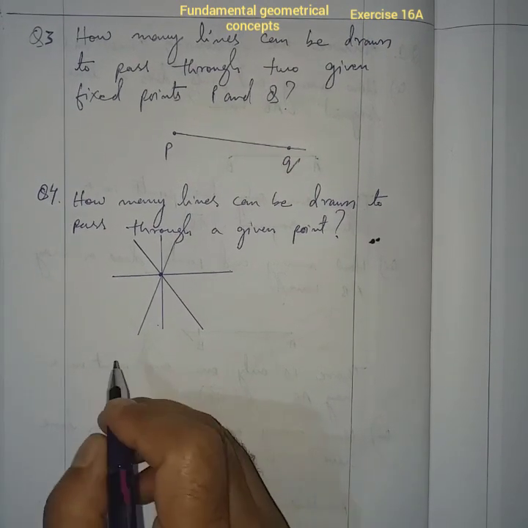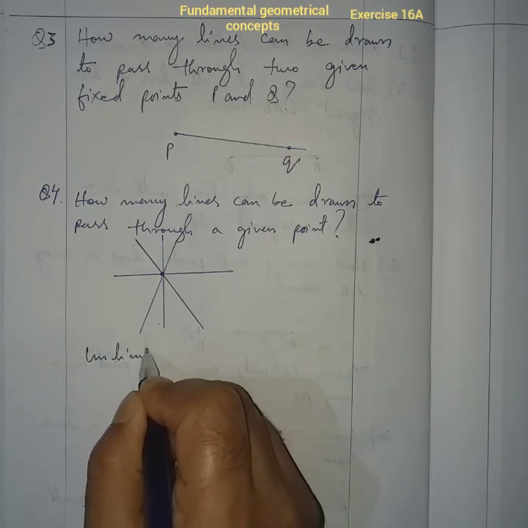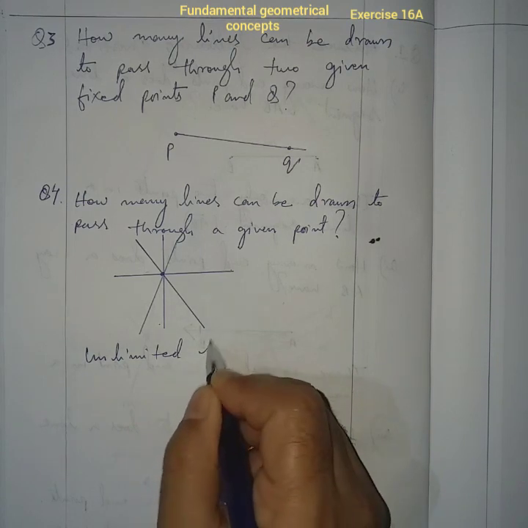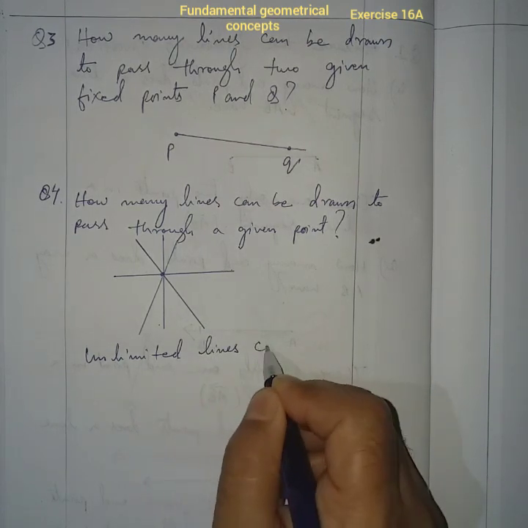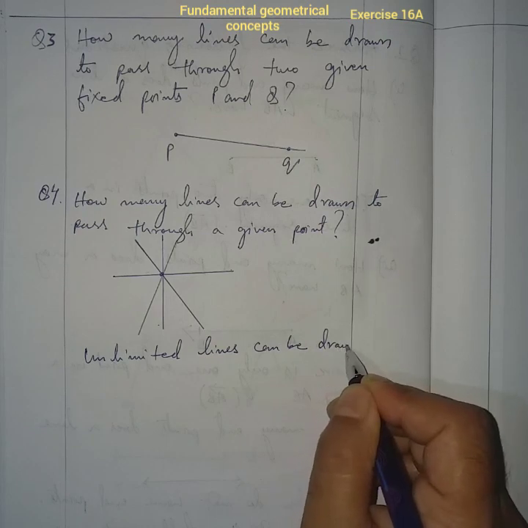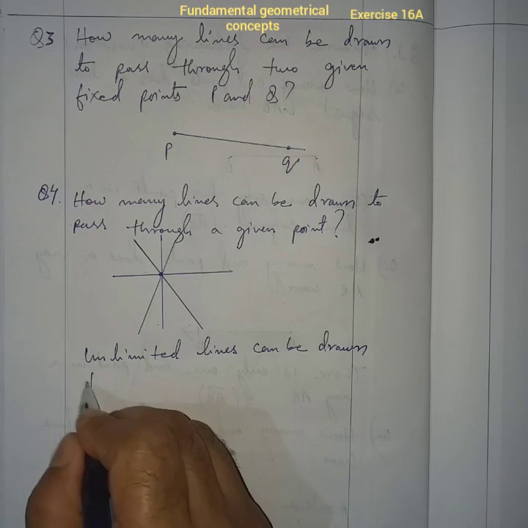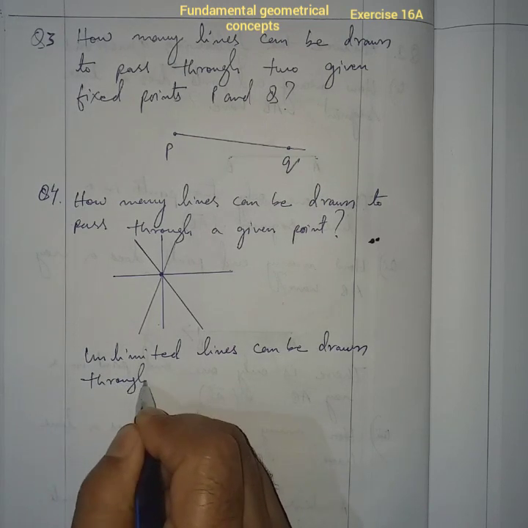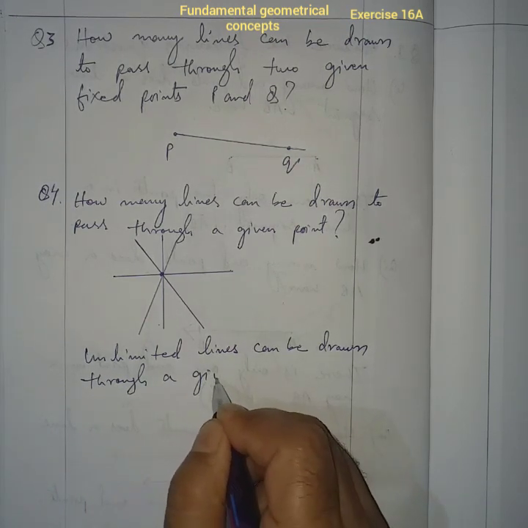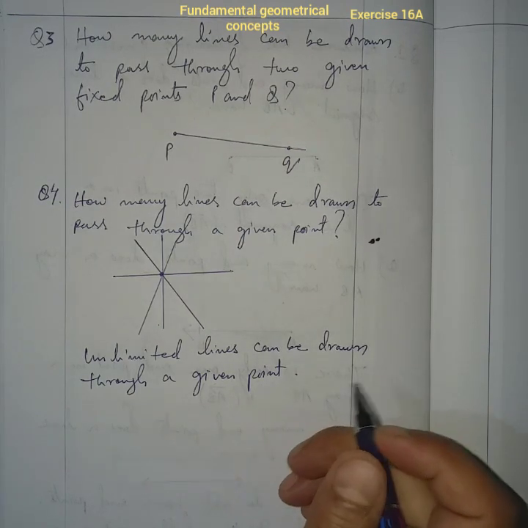Therefore we can write unlimited lines can be drawn through a given point. Okay, question number